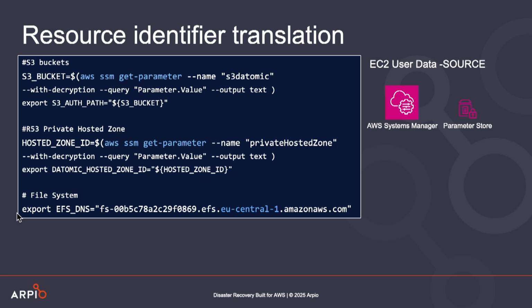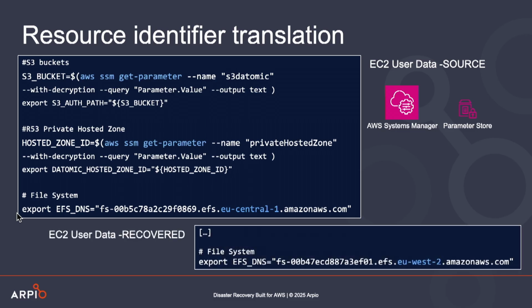But we wanted to take this a step further and make this as bulletproof as possible. So you see the bottom one where we're calling the EFS DNS name. We actually didn't put that in Parameter Store in this case. But we still designed our platform to translate it. It looks in EC2 data, looks in ECS task data, looks in EKS manifests, looks wherever you'd expect to find these kinds of references and translates them when we bring things up in recovery.